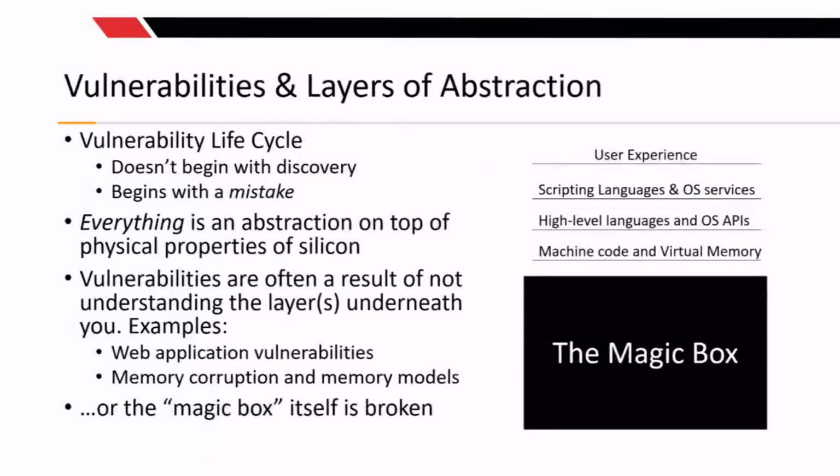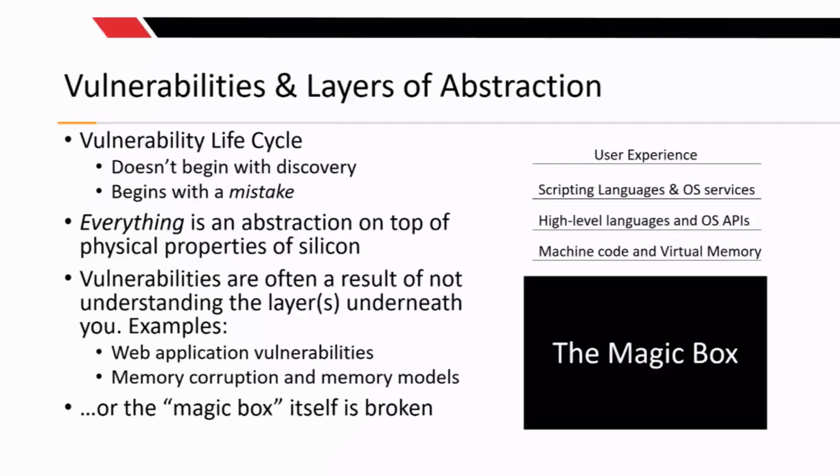But ultimately, when you talk about a vulnerability in a piece of software, whether it's monolithic or container, multi-container, or anything like that, you have to look at the life cycle of vulnerability and where vulnerabilities come from. And vulnerabilities don't begin with the discovery of a vulnerability, they begin with a mistake. And that mistake that's being made that introduces a vulnerability into a piece of code when that software is developed,